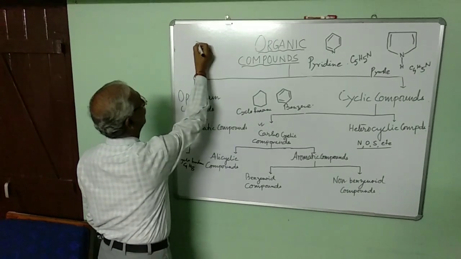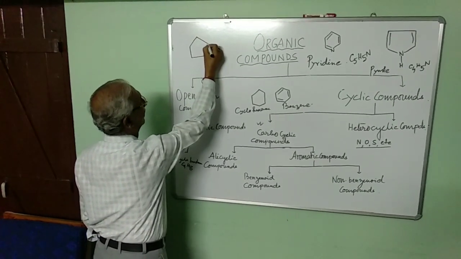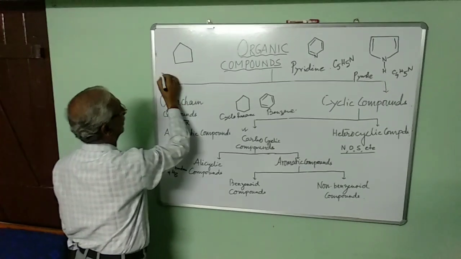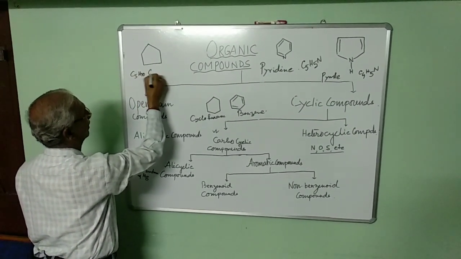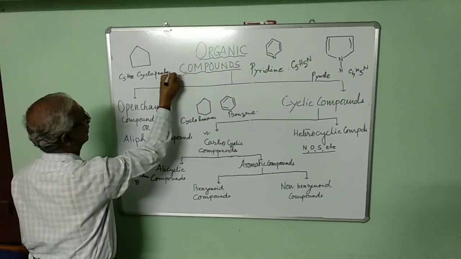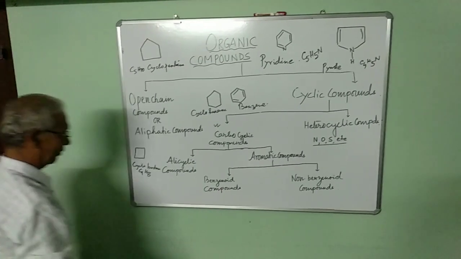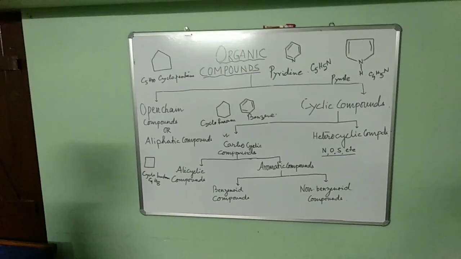Another example, say suppose here I am writing C5H10, cyclopentane. These are the examples of alicyclic compounds. Next,